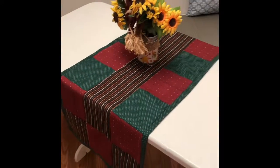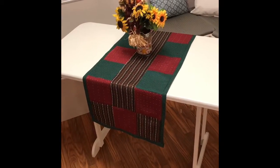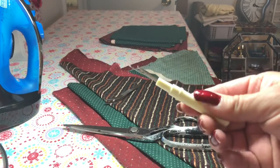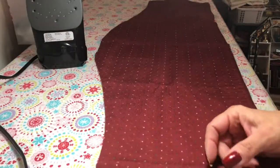Hi, this is a fall DIY table runner that I made, and it is made from repurposed fabric. Now, this fabric was actually a valance curtain for over a window. So these are the tools that we'll need: some heavy duty scissors, seam ripper, some tweezers, and what we've got